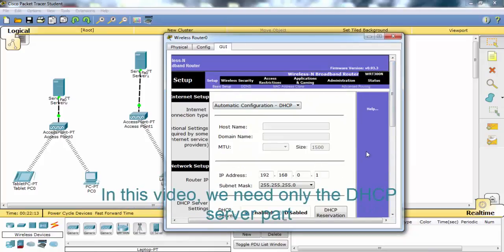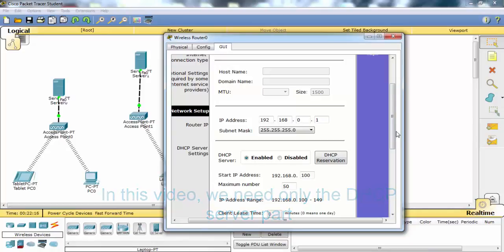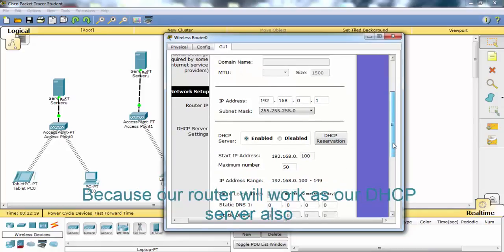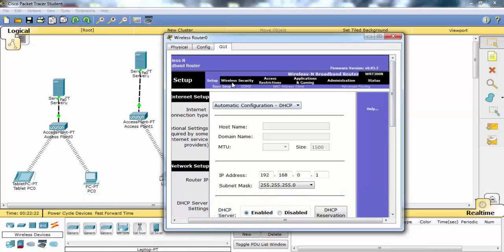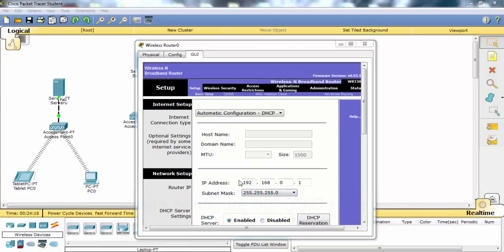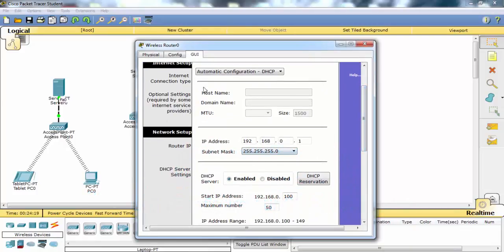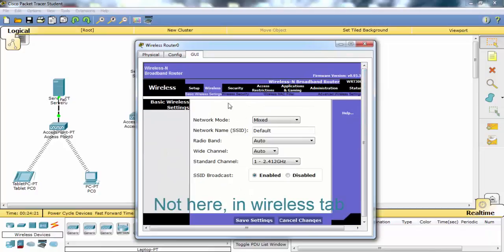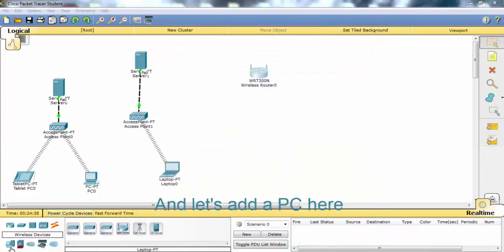In this video we need only the DHCP server part, because our router will work as our DHCP server also, and the network mode is important for us for this video. Let's configure our SSID here, not here, in the wireless tab. We can say DF, key 123. Copy this, save settings, and let's add a PC here,